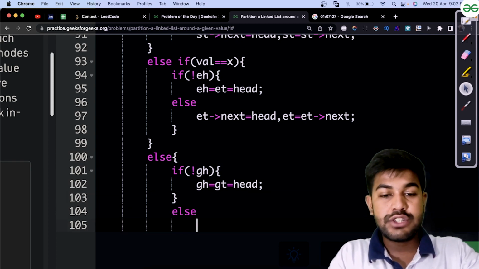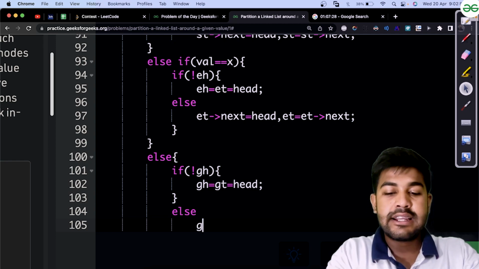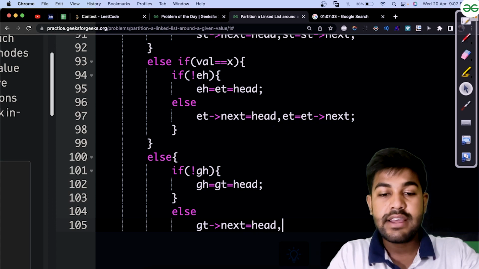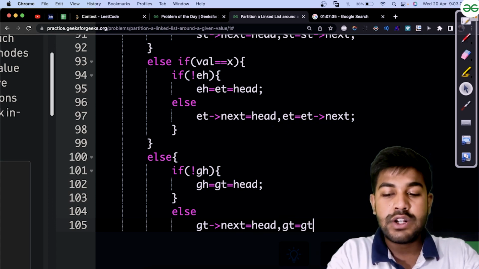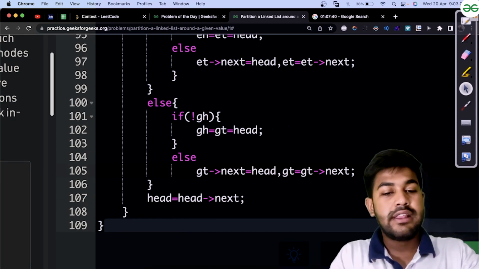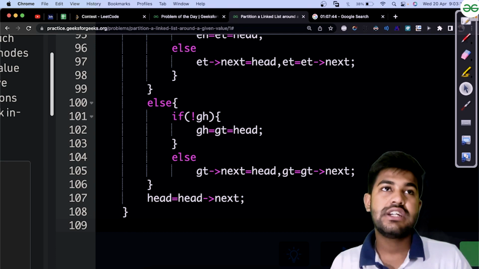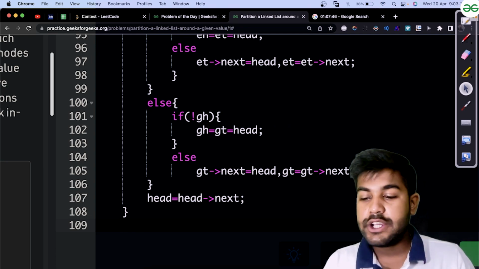Now the else condition would remain the same: greater tail of next will be equal to the head itself, and greater tail is equal to greater tail of next itself. Okay, this is what we need to do, and now the three linked lists have been initialized. So now the first thing what we need to do is,